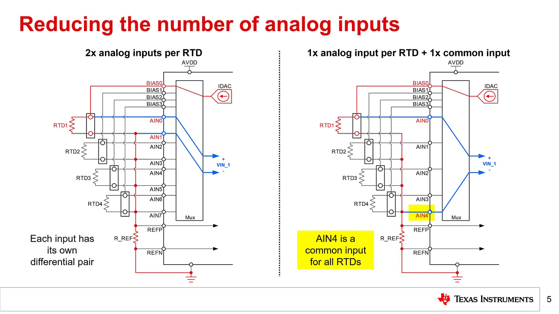However, the main challenge with using shared inputs is that it can make the routing and placement of the analog filtering more challenging. Also, shared inputs are only possible where one of the analog input channels is connected to the common current return path. This is true for the 2-wire RTD system shown here, as well as a 3-wire RTD measurement system using one IDAC.